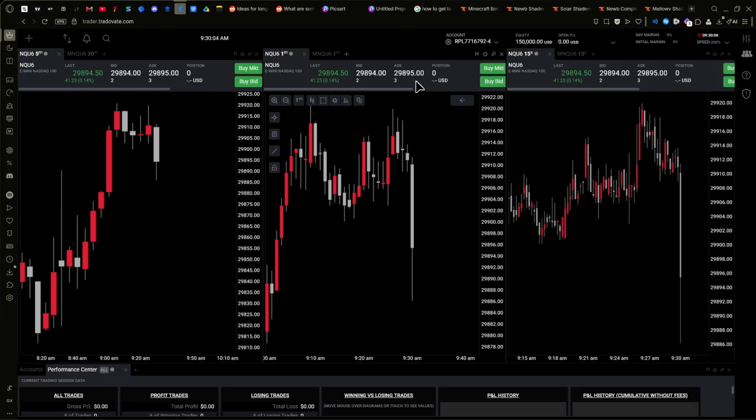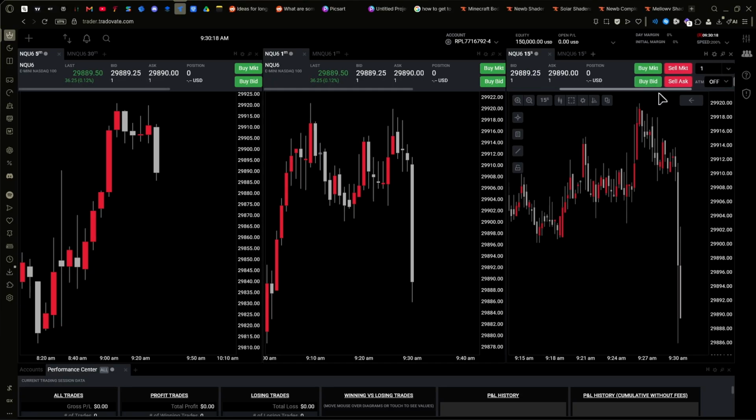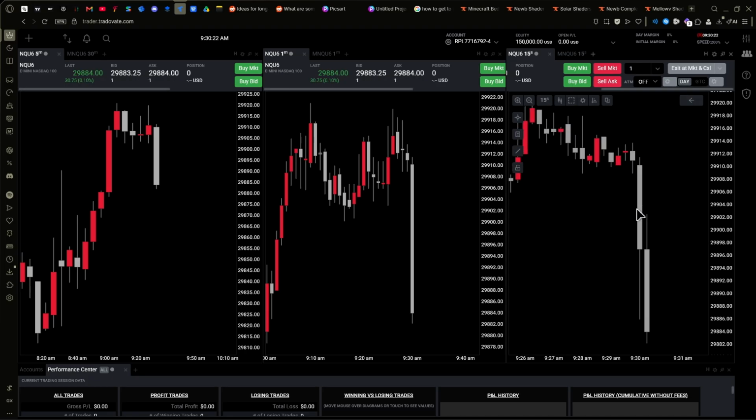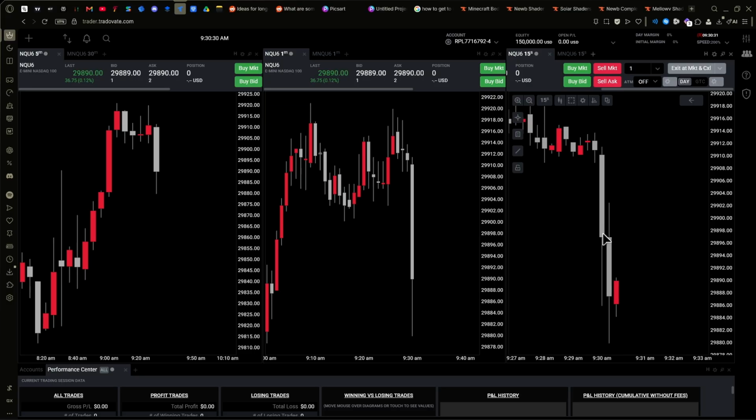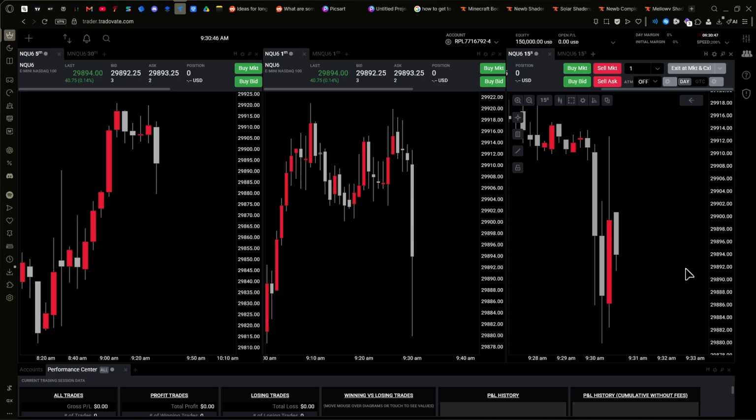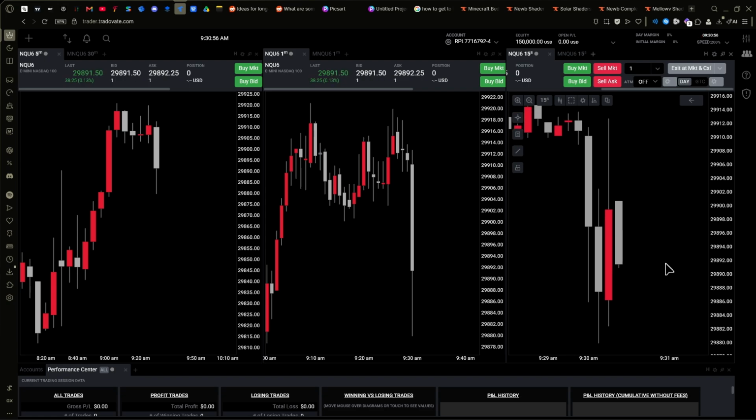So I'm going to take the same exact entries I did on the highly advanced mechanism one, but I'm just going to show you, okay? I'm just going to show you the difference. Now, clearly we can see that obviously the initial opening is manipulating lower, okay? So it's going to be a little wicky in the first 5 minutes, but that's just normal because it's tweaking out. It's typical. It's normal. It's going to do that.